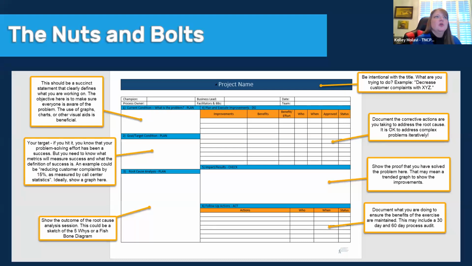Okay. So we've got our project name that's going to give us an idea of where we're going. What are we working on? We need to then begin with number one. Step one is identifying our current condition. And this is not only the problem statement, but